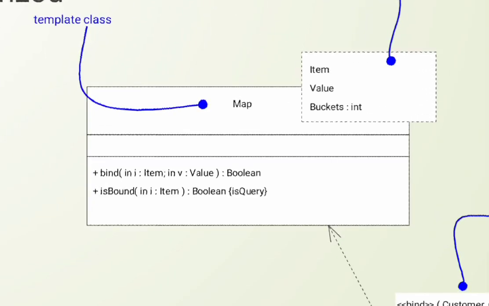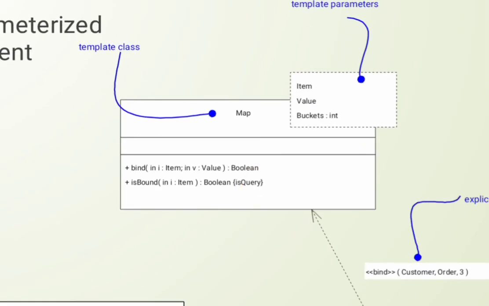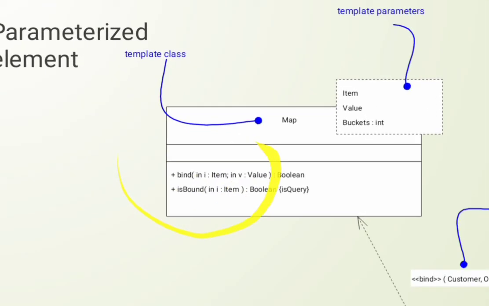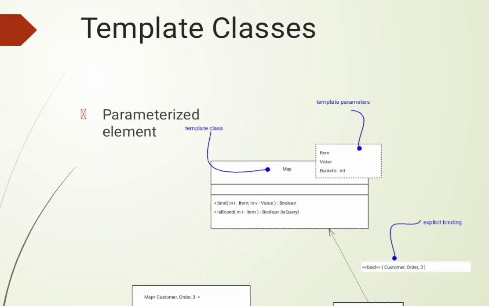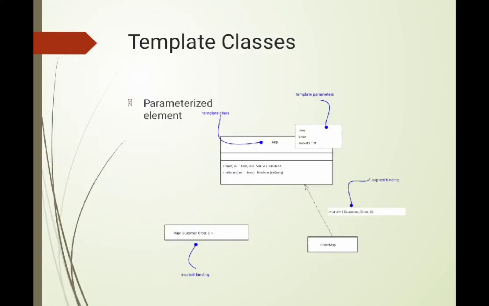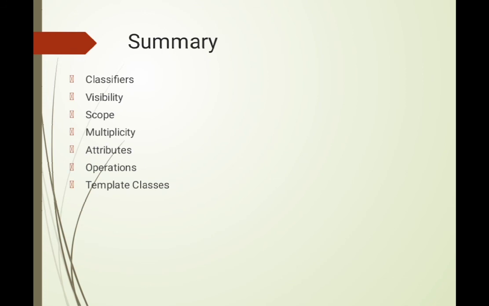See, it is similar to a class having three compartments: map, attribute name, and function, that is called a method. This map is nothing but the template class because there are template parameters. Hence, this symbol is considered as a template class. Hope you have understood today's topic like classifier, visibility,